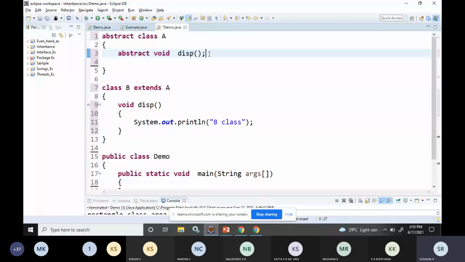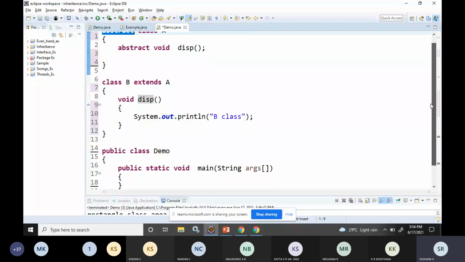So what is the usage of this abstract keyword? It will tell the JVM that when some class extends this abstract class, it has to provide the definition for that function. And when there is at least one abstract function, the class will also become an abstract class. And you cannot create an object for the abstract class.